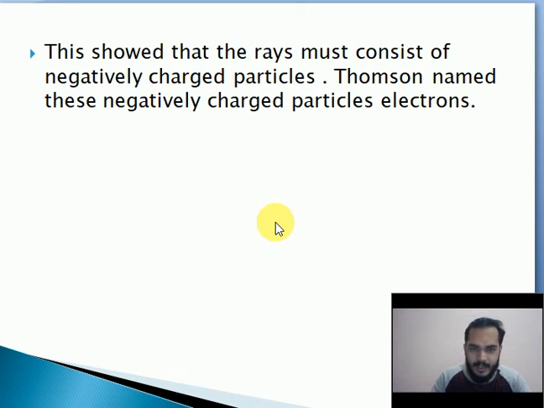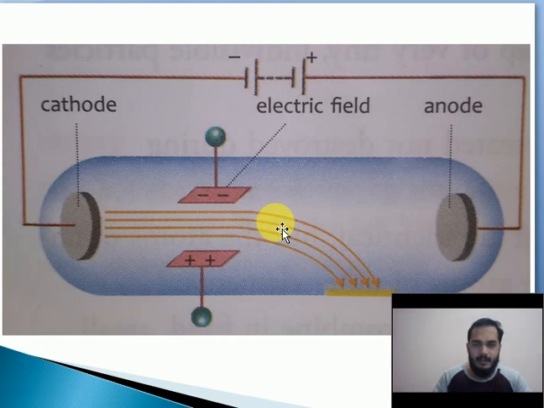So here all of you understood the point. What is the charge of an electron? Very simple, it's a negative charge. In the picture shown here, we are applying an electric field. The cathode rays fall towards the side of the positive charge, so the negative side repels them and the positive charge attracts these cathode rays. That's why electrons always have negative charge.